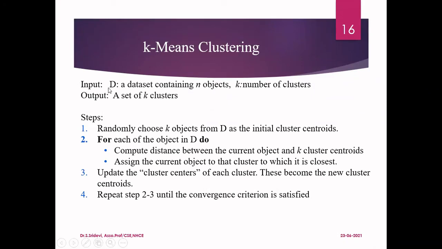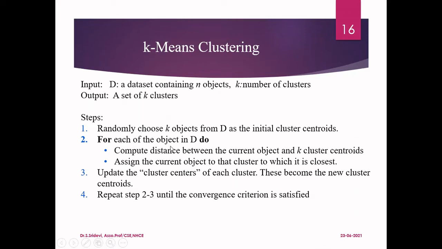The input to the algorithm is the data set which contains n objects, and K will also be given as input. Without that, you cannot proceed. And the output is you have to develop the clusters, that is nothing but K clusters which contain all the data points. Step number 1 is you are going to randomly choose K objects from the initial data set D as the initial cluster centroids, because it is mainly based on centroids only. You need to select the centroid. Initially we don't know, so we select some K objects randomly.